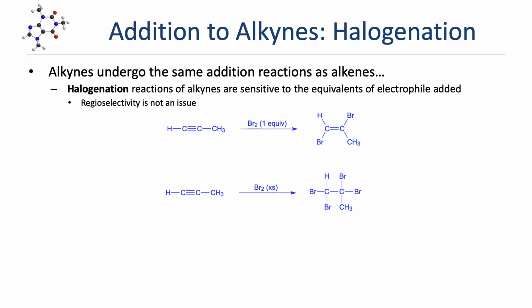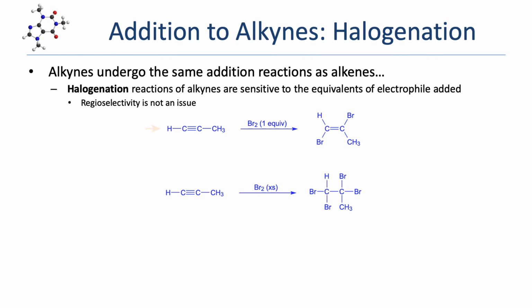The last electrophilic addition reaction we saw on alkenes was halogenation. Halogenation reactions on alkynes are sensitive to the number of equivalents of the electrophile added. And remember that regioselectivity is not an issue in a halogenation reaction, because the same thing is being added to both carbons of the pi bond. So here we have the reaction of 1-propyne with one equivalent of Br2. And you can see that it reacts one of the carbon-carbon pi bonds, adding Br2 across it and leaving the